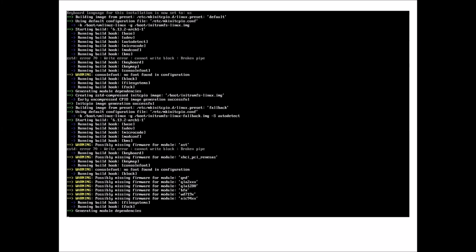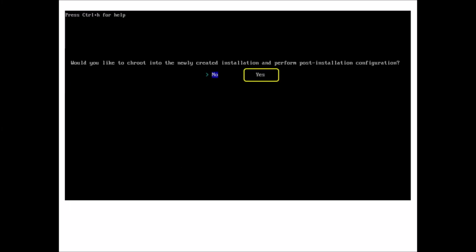And off it goes. And again, more and more commands flow by as always. And eventually it says, would you like to chroot into the newly installed installation and perform post-installation configuration? So there's a head scratcher. Is the answer yes, or is the answer no? And it turns out the answer is yes, because what we really want to do, or what we're going to